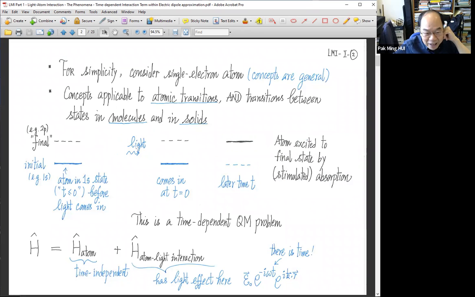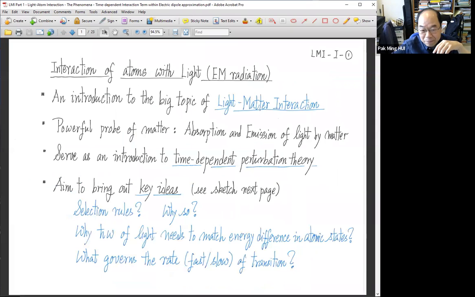Initially, the atom is here, light comes in, finally the atom is there, but with 2 photons out. That is called stimulated emission. That also happens. We can understand it